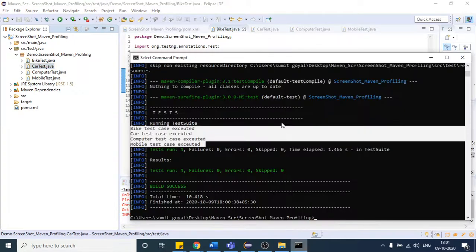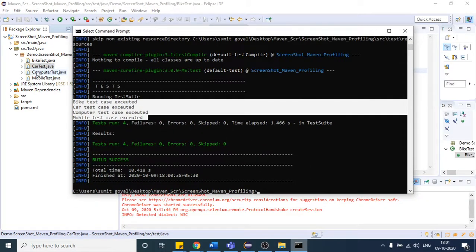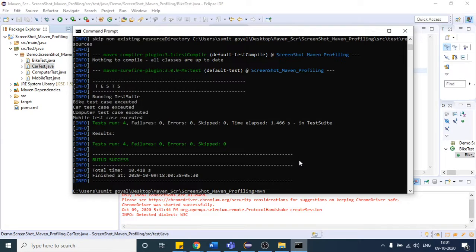So you have to just write. Okay, come to here. If I have to run only, suppose, car test, how can I write? I will write Maven hyphen d test equals to car test, and after that provide test. So I have to provide this from Maven hyphen d test equals to car test. This is our class name, car test, and after that I am writing test. So if I hit enter,